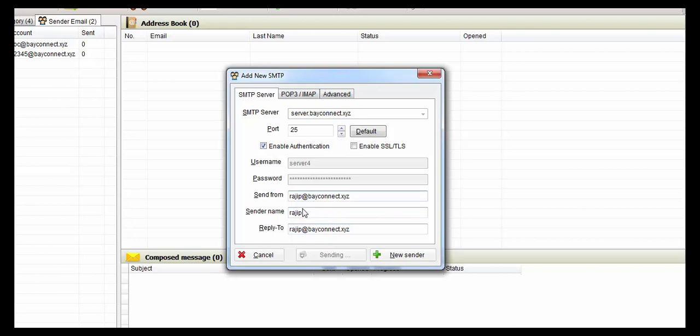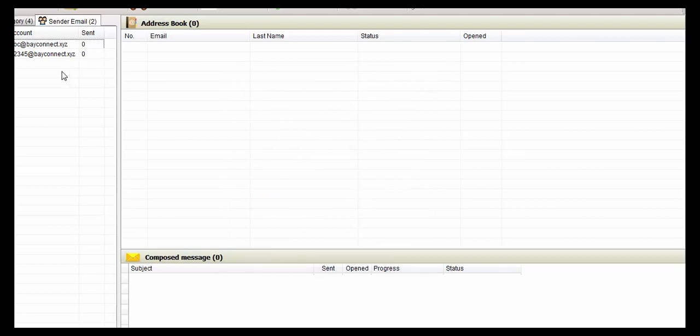Let me just change this to maybe Raji, and remove this. So my network is still sending. I will just leave that, because this is my network, so it's still sending.